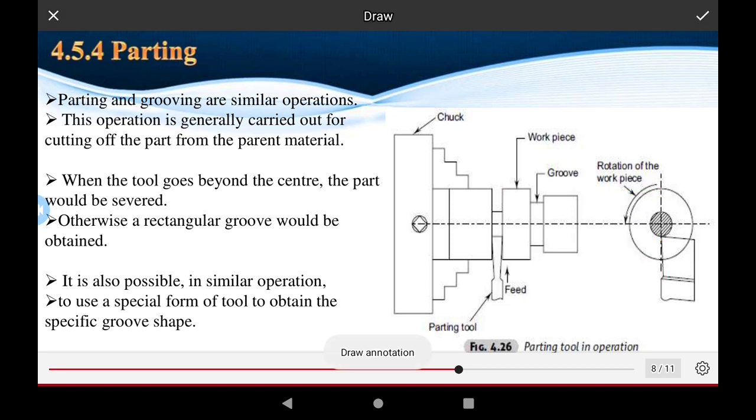And the parting tool operation is performed. When the tool grows out to the center, the part should be saved. And in the grooving operation, the part of the workpiece would be saved, otherwise